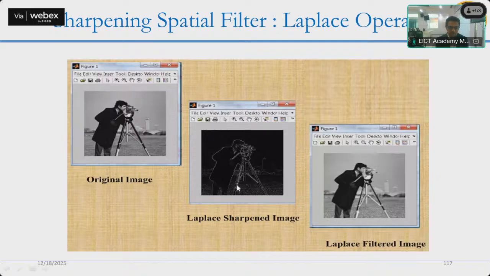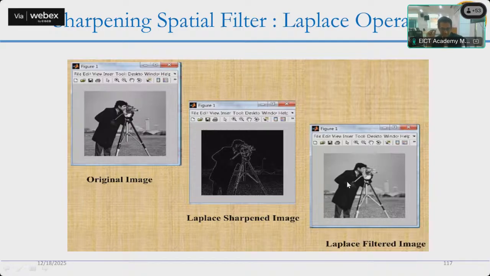When you apply the Laplacian sharpened image, first you have applied the derivative, for example, a minus 14 kernel. When you have applied the minus 14, it is this one. Only edges are visible. Are you able to see what a wonderful beauty it is? All your edges are there. And thereafter, if you add this sharpened image with the original image, you will get this image.